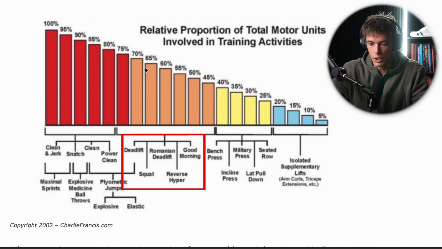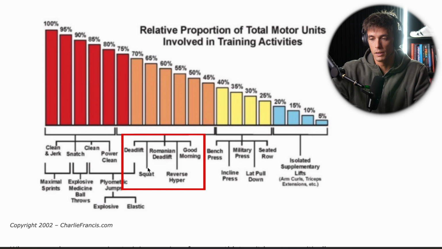And then we get into the orange here. We're looking at deadlifts, Romanian deadlifts, squats, reverse hypers, good mornings. These are more compound full body movements, deadlifts and squats, right? This is kind of close to the red that are way more taxing. I'm typically even pushing this closer, probably in the red. I would have made that color red because these are more taxing, and especially if you're going heavy on these, especially deadlifts and squats, it's definitely going to be a high taxing exercise that is going to fry your central nervous system in a good way. And when I say that, it is good.